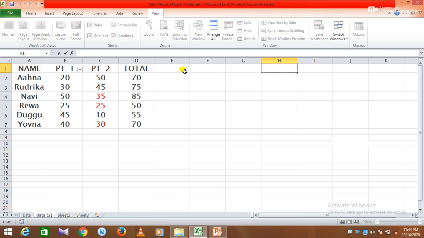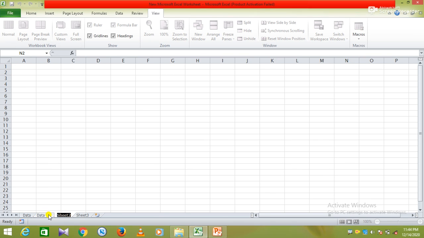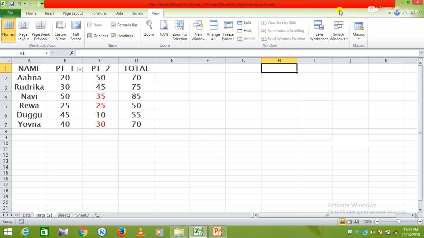To show grid lines on a worksheet, if the grid lines are hidden on your worksheet, you can make them reappear by following these steps. Step number 1, first of all select one or more worksheets. Then from the View tab, check the grid lines. So I select this grid lines checkbox, and it is showing grid lines here.